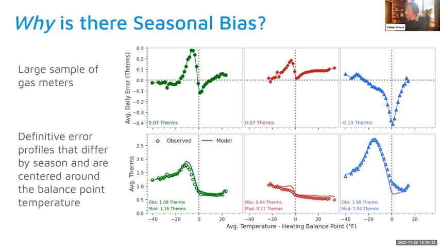Okay, moving finally onto winter, I can see there is a pretty substantial under prediction of energy consumption around the balance point temperature. In particular, when I'm right on the balance point temperature, I have a pretty substantial under prediction. So in each one of these cases, the error profile is distinct, it's different in each season. That's one key takeaway.